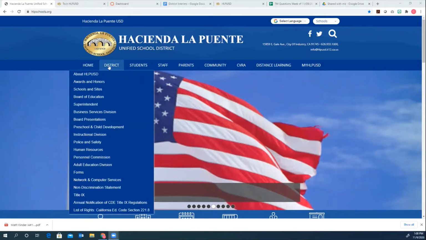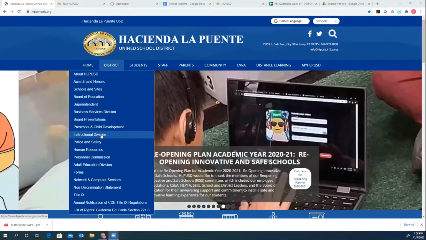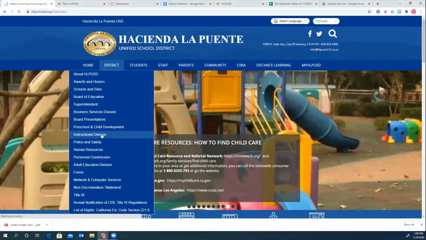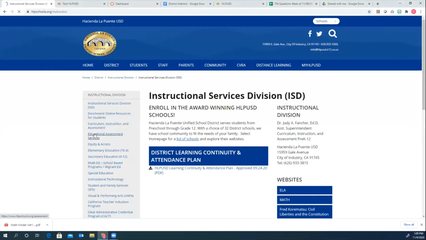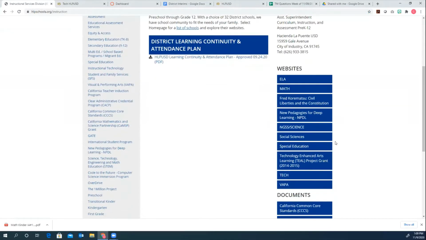You go to the district tab up at the top, and from district, you're going to scroll all the way down to instructional division. I see some of you writing, so I'll hang on just a moment. So from the district website, click on district and then instructional division. And once you get there, if you scroll down on the right-hand side, you see